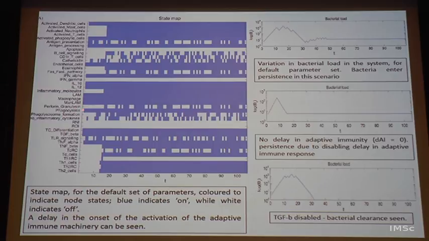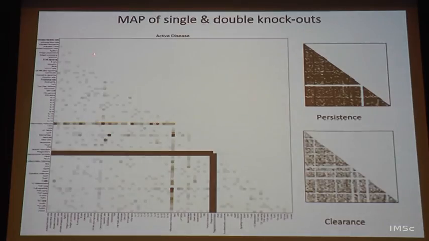You also have things like phagocytosis, which is a very broad process, a process made of some sub-processes. It's a master process in some sense. And here this is always on basically, because if you knock out phagocytosis, there is no way the bacteria can be killed, because phagocytosis is very important for anything to happen, right. So, you can do single knockouts and you can do double knockouts.